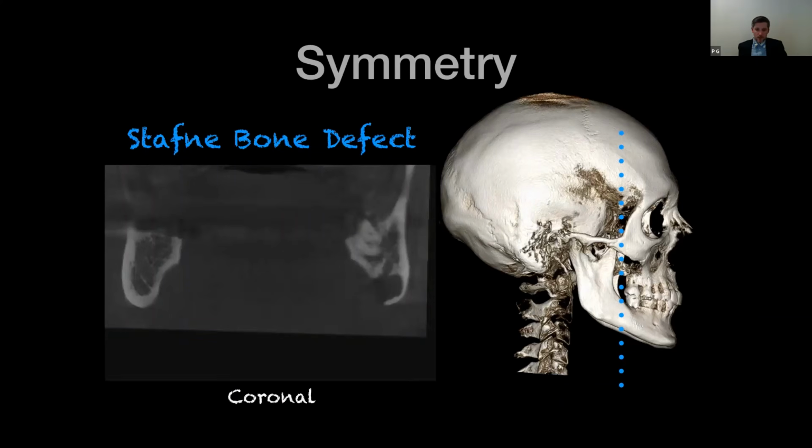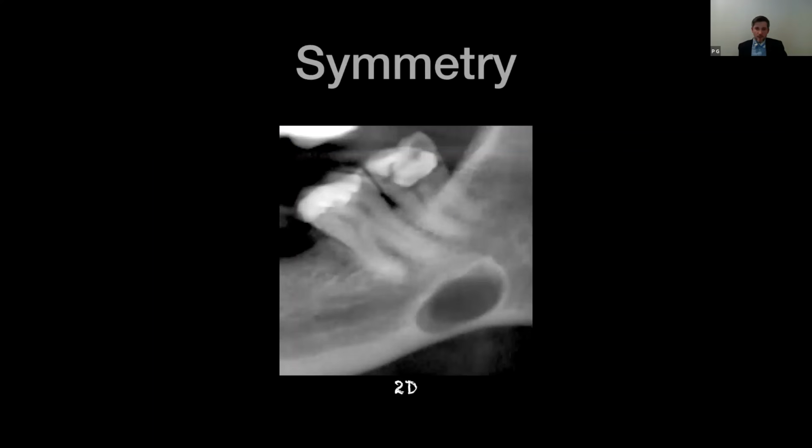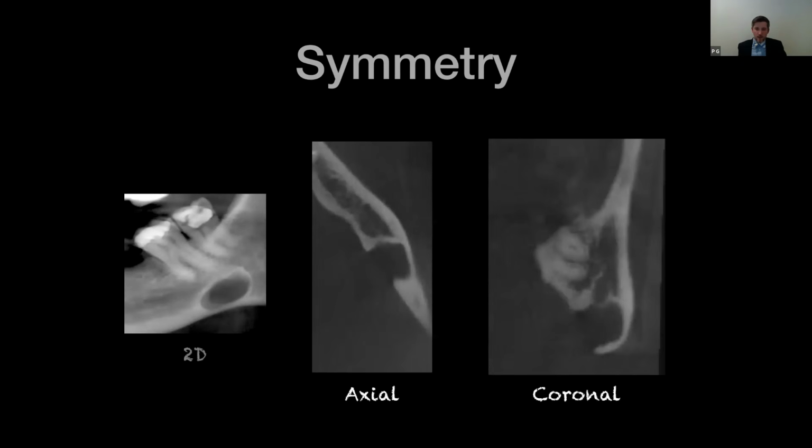But again, if we just had a 2D image of this lesion, we would see, oh no, there's a radiolucency in the mandible. It does not look attached to the apices of these molars. I'm limited in my ability to form a diagnosis just off of this image. So really having those other dimensions really helps. So again, you can see the axial view and the coronal view here.